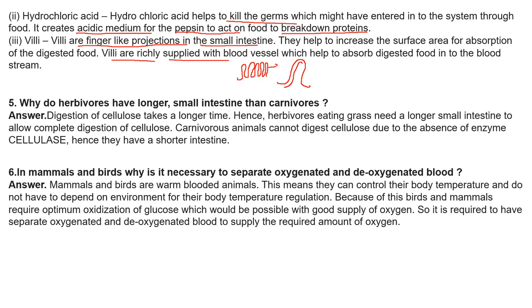There are veins and there are arteries. So arteries I can show you with the help of blue color. Then there are lacteal vessels. These lacteal vessels absorb fat, or you can say lipids, and the rest of the vitamins, minerals, glucose, amino acids will be absorbed by the veins and arteries, okay, over here.